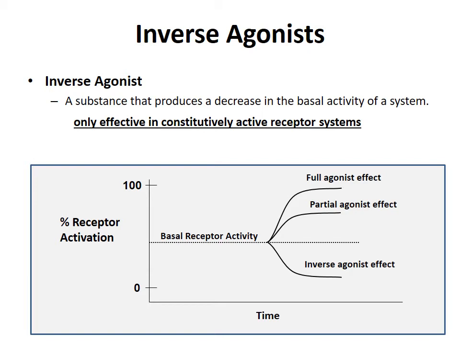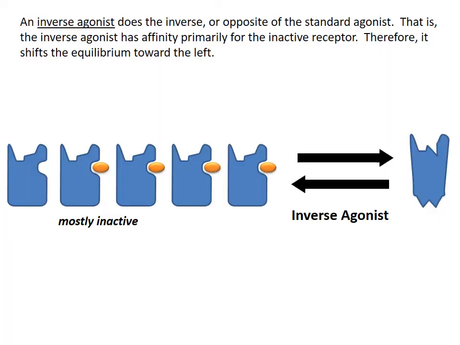Again, it's critical to understand that inverse agonists only exist in systems that are constitutively active, or systems that have at least some percent of the receptors being active, even in the absence of a ligand, right? There's got to be some active receptor in that equilibrium. So what it would look like is that,